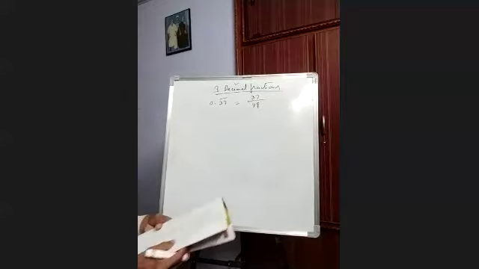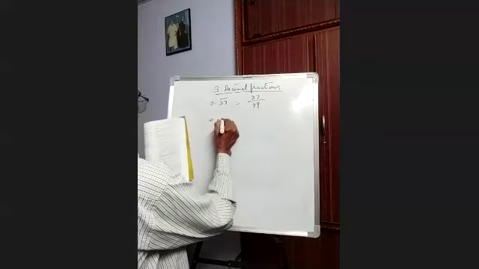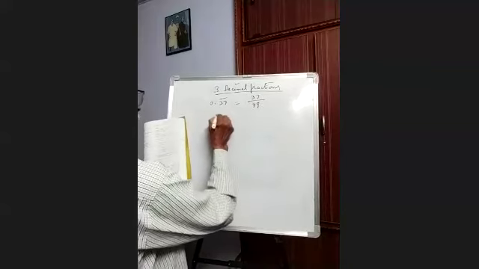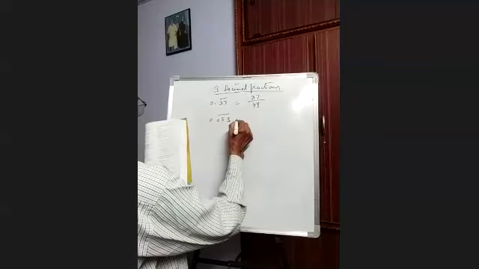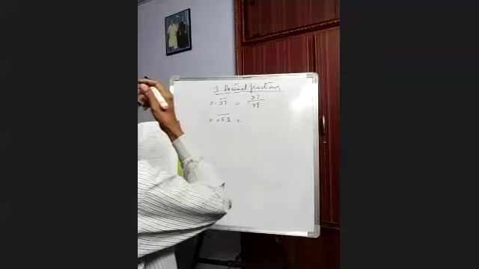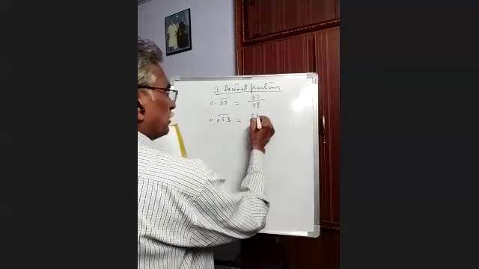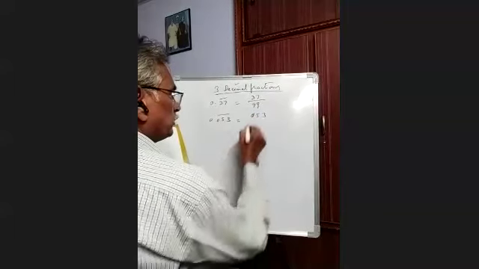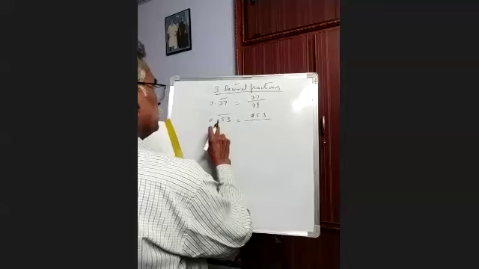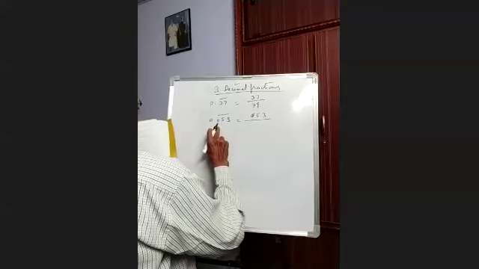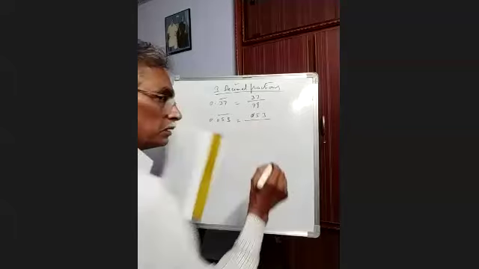Next, 0.053 with the bar over 53. How to convert? If you take 0.53 in the numerator, 0 has no value, 53 will be there. And it is a two-digit recurring decimal. Number of nines will be